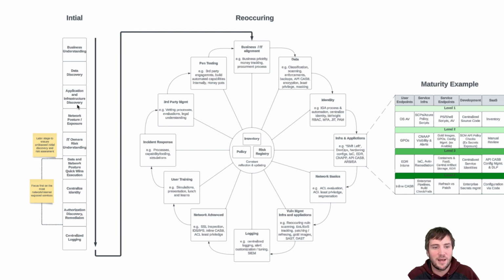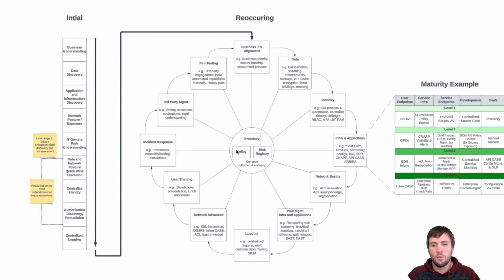Now, understand that's a lot. I packed a lot in there, but I want to point out that I really focused on these aspects for the things that are widely available to bad guys, to the internet, these services. So looking at those public endpoints, and then getting some centralized logging going, and then we move into the recurring. And I'm not going to go through all of these, but you can go along the